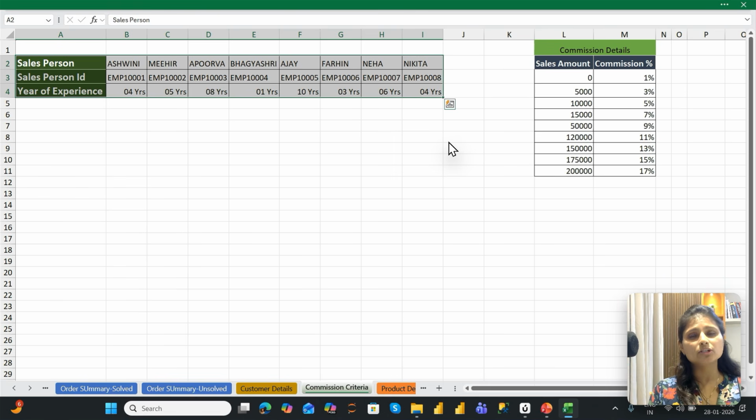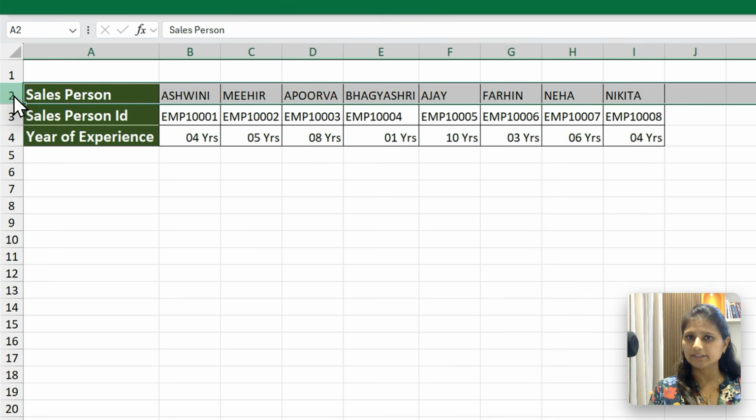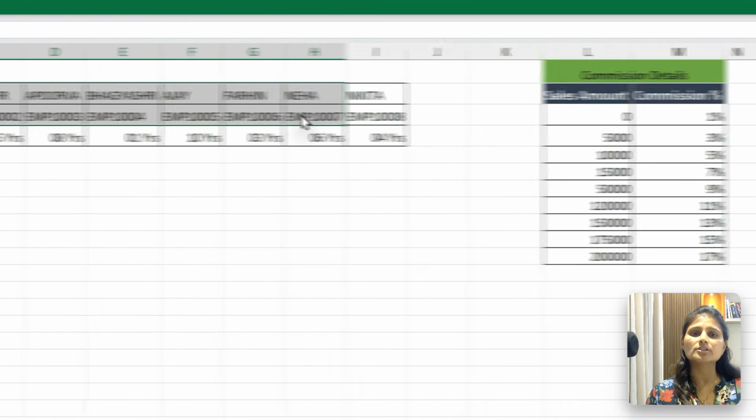So now in this case, you'll be using what? HLOOKUP. Like we have checked the rules for VLOOKUP, we also have certain rules for HLOOKUP, correct? What are the rules for HLOOKUP? Rule number 1, your search table should be, instead of vertically, horizontally arranged, that is row-wise arranged. Rule number 2, you should have something common to get. Now in this case, I have salesperson as the common field with respect to which I want to get the data. Rule number 3, the first row of your search table should hold the data which you are searching, your